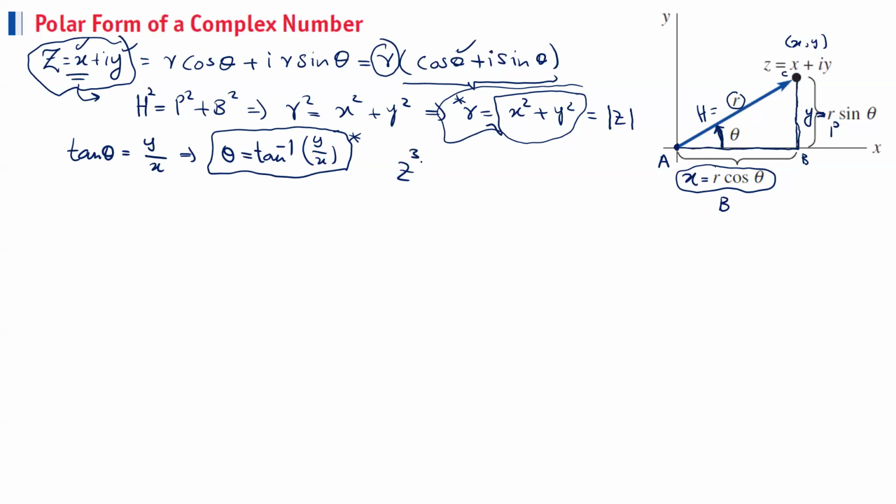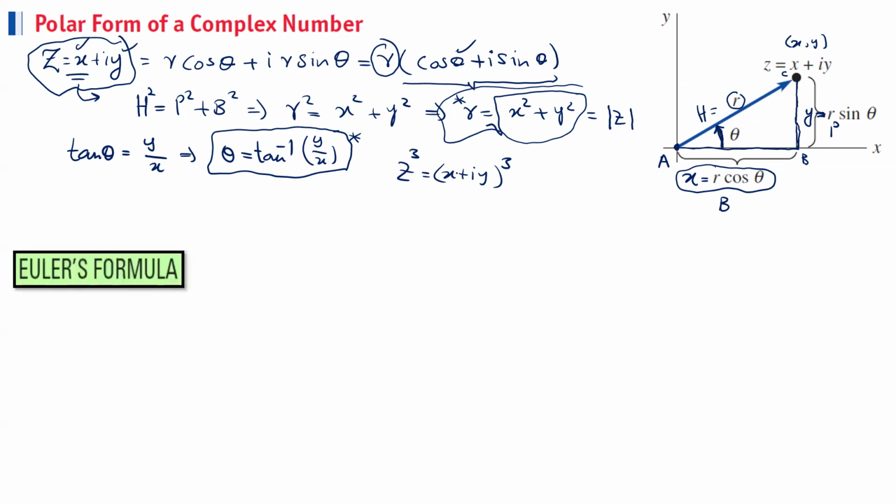This can be easily done in the polar form, as opposed to this form where I have x plus iota y. I need to open this thing. I have to multiply this bracket 3 times. If it's 5 or 6 or 7, I have to multiply it that many times, and it will be kind of difficult. But with the polar form, this can be done easily, especially with the introduction of the Euler